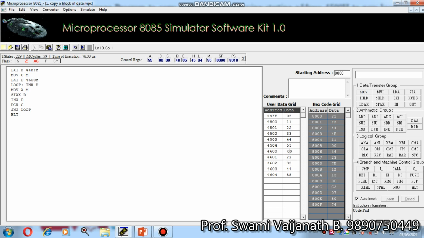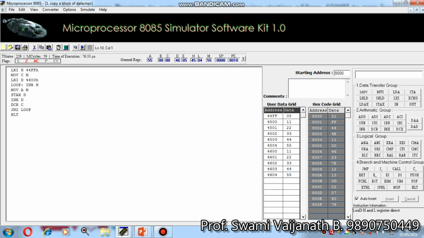Again I will give 00 and execute this program, and after that you will see the 4500H to 4504H content is copied to 4600H and onward.